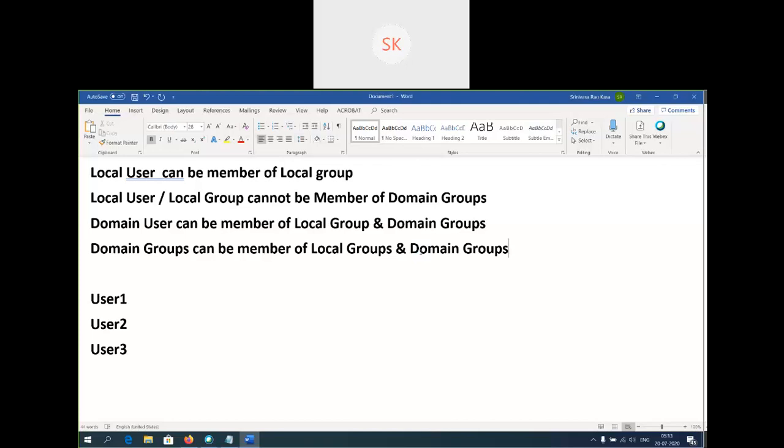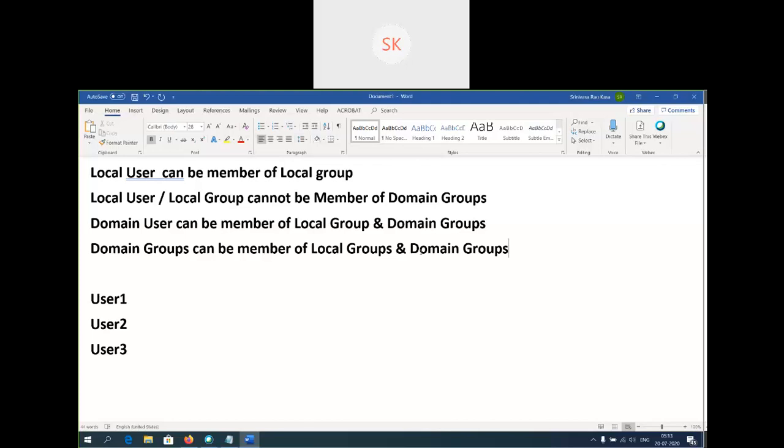According to these basic 4 points, once you are working on Active Directory, on AD architecture, if you want to understand more about groups and the relation between domain groups and local groups, you can explore the knowledge by practicing. Okay, if you are not able to do a certain action, just Google how to add this particular group to another group. By using this basic information, you need to explore the knowledge.